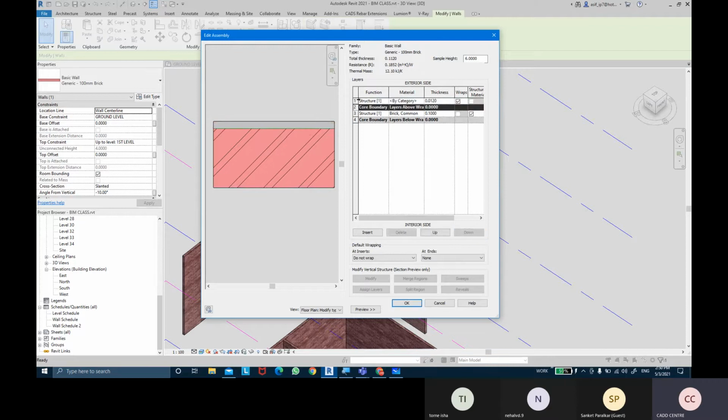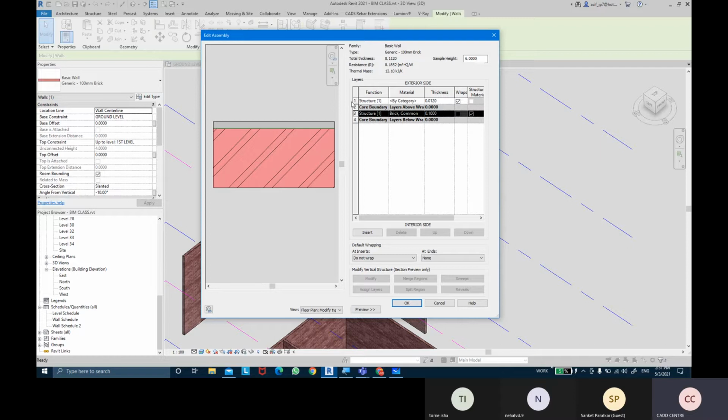So I'm going to move this finished layer of plaster above the core boundaries. Between the core boundaries, our core material should always remain, not the finished material. So finished material will never be inside the core. Plaster and paint and all these materials are your finished materials. So finished material will stay outside the core.